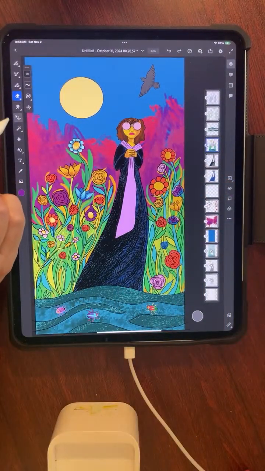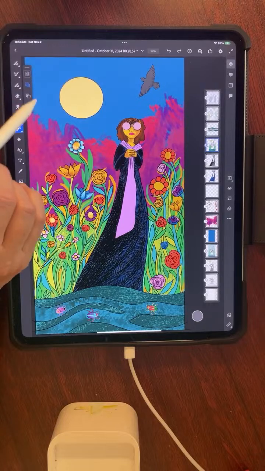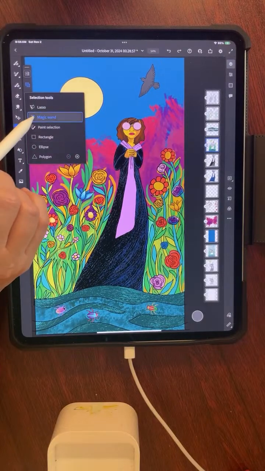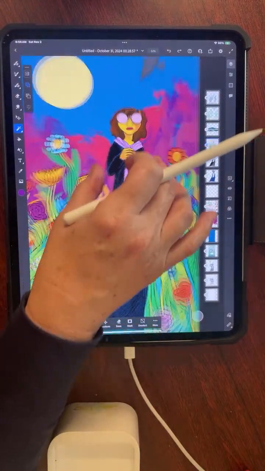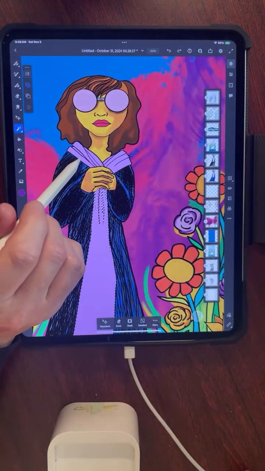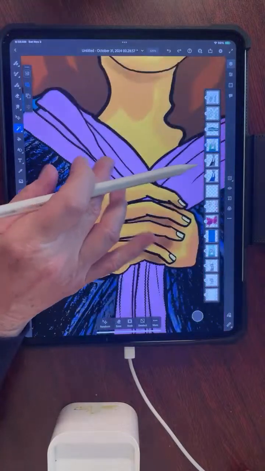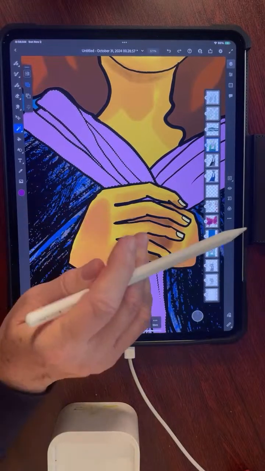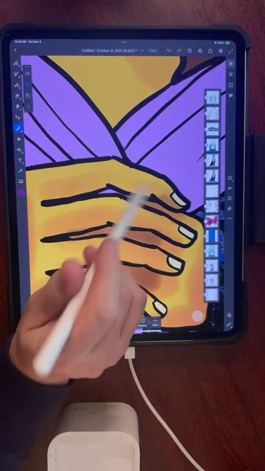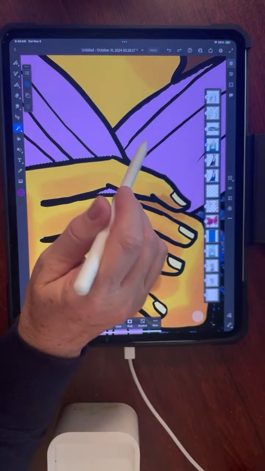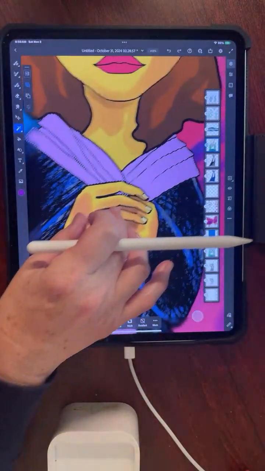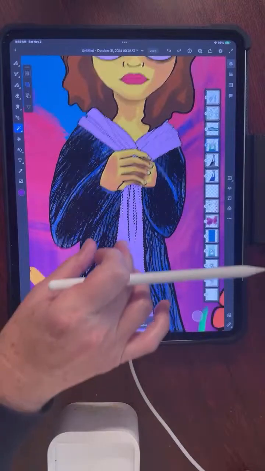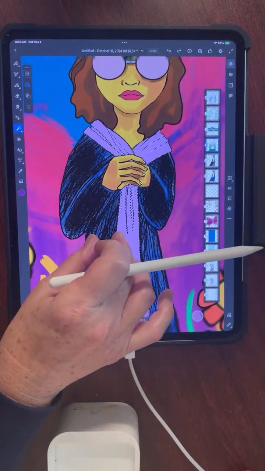So I am going to choose my isolate button, which is my magic wand. Okay, I'm choosing that. See how the dashed is happening? Interesting. That little tiny bit of pink in there. Okay, and then this little bit up here. Okay, so now I can kind of go a little wild with my colors and